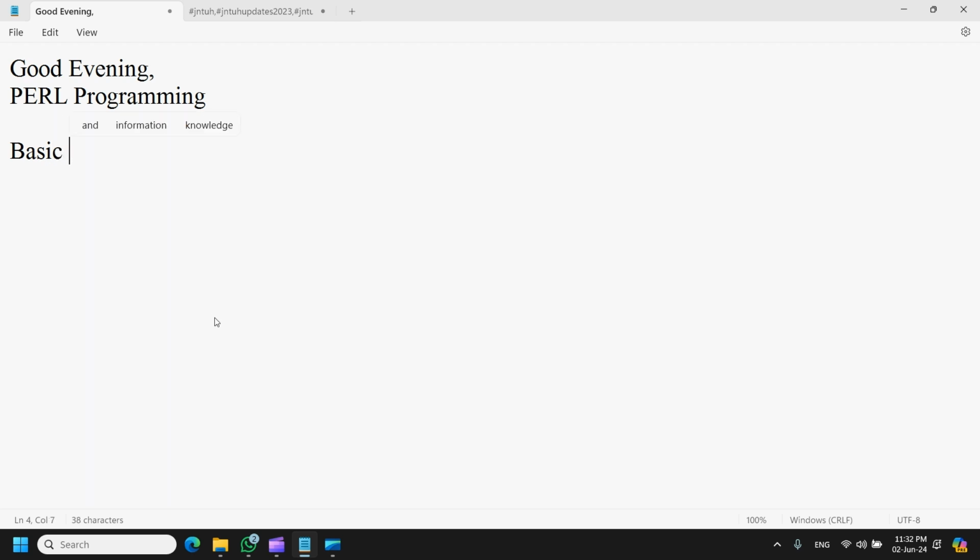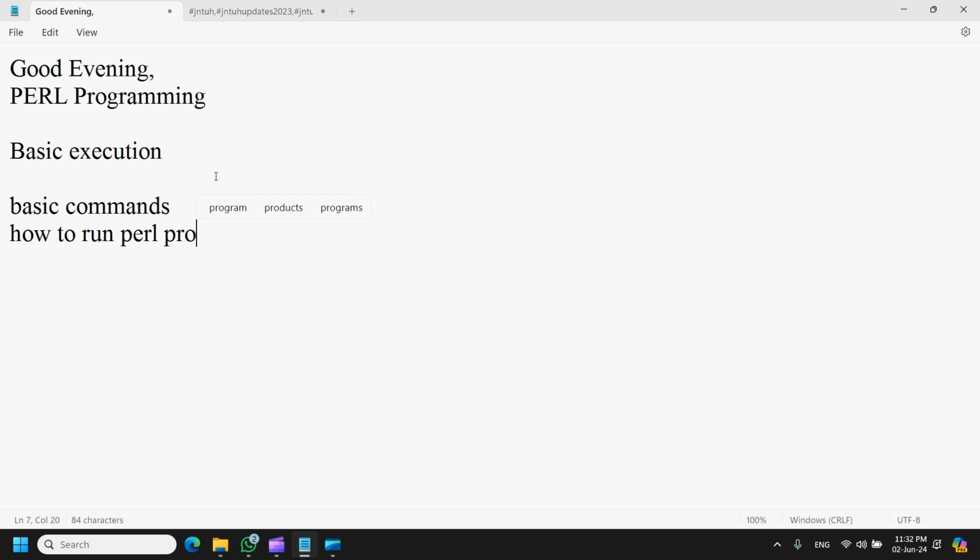Perl programming: basic commands, and how to run Perl programs. How to run the Perl interpreter, and